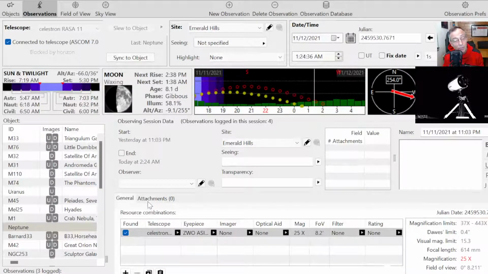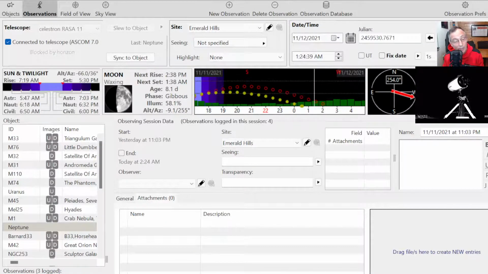And then let's go here to attachments. And again, I don't think you're going to be able to see my file picker window here as I go and grab the image of Neptune. Wow, did I not save an image of it before it snuck down behind those trees? That would sure be a shame, wouldn't it? I thought for sure I had saved an image of it. I imagine that if we go back now and save it,